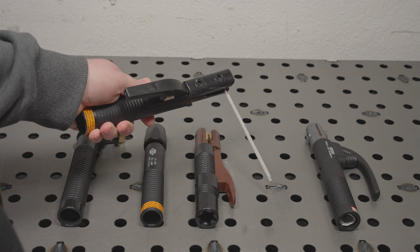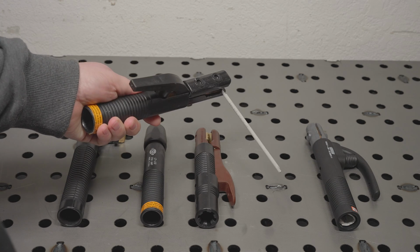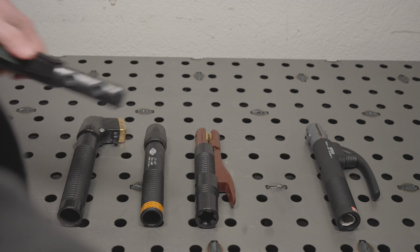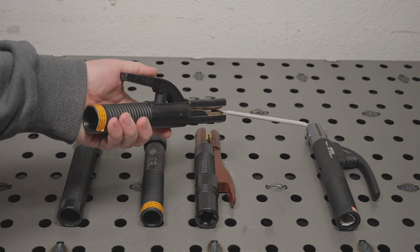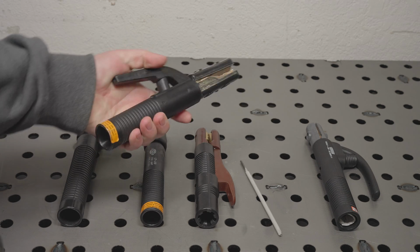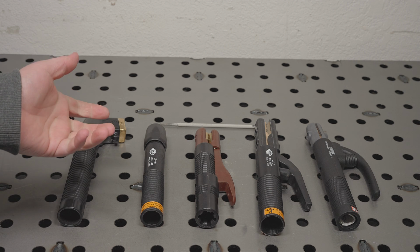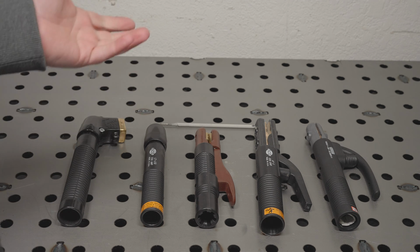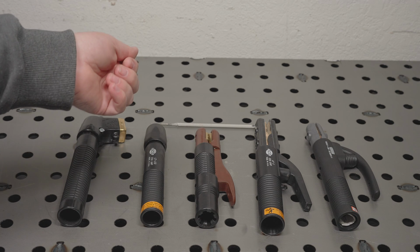They hold the rod reasonably well, but if the rod sticks very hard and you try to break it free, you can end up pulling the electrode right out of the holder. On the other hand, if you want to drop the rod out of the holder, it's an extremely quick, one-handed operation to do so. If you're burning a lot of rods, it makes for quick rod changes, or if you're stopping and setting the electrode holder down a lot, it's really quick to drop the rod from the holder before